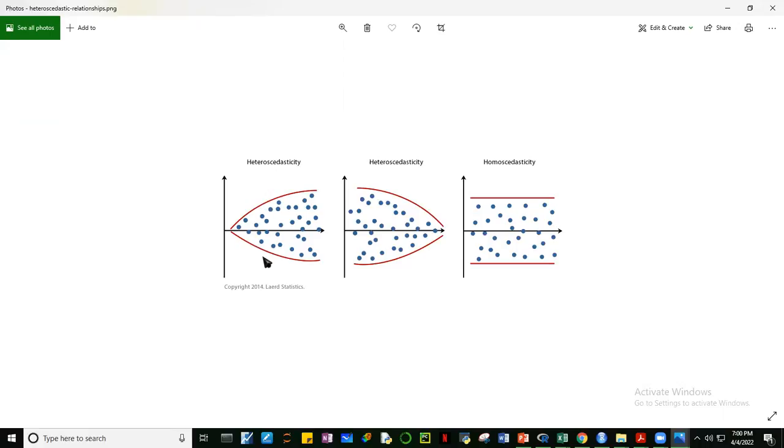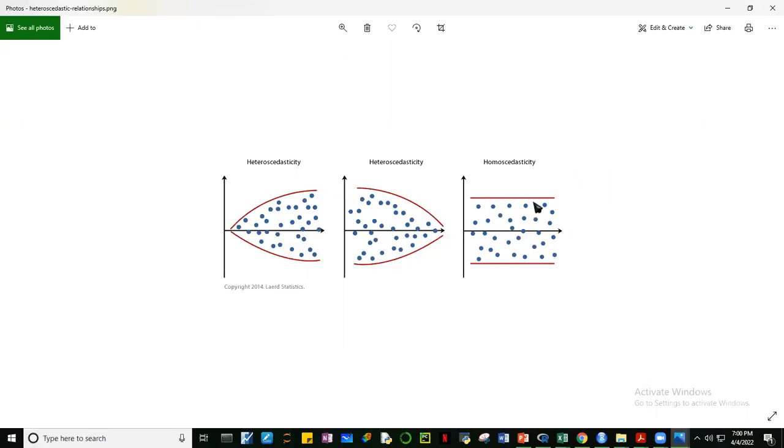So the variance is not constant. When the variance is not constant, we call that heteroscedastic residuals. The distribution of residuals is heteroscedastic. Then compare that, guys, with this one. Whatever value of the residual you go to,